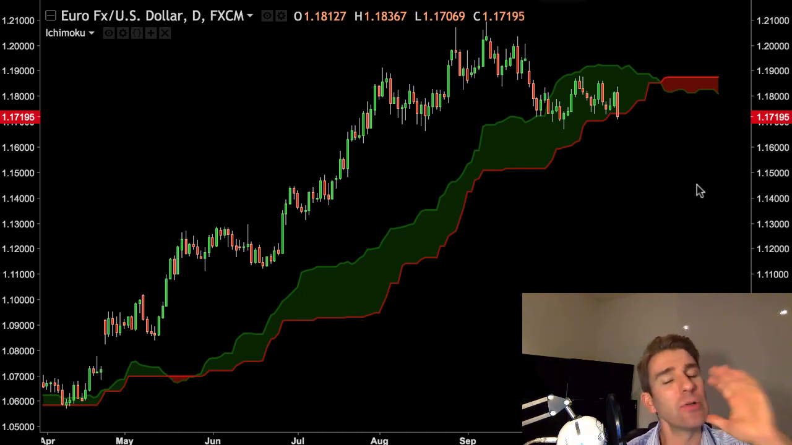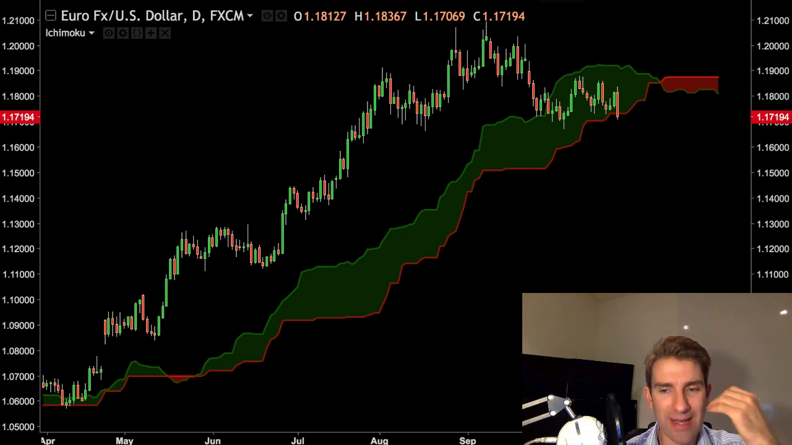Like I say, I don't want to get bogged down in the details of it, but I just want to grasp in my mind, and I'm sure you do too, how this thing works. So this cloud is formed basically from those two lines, from the baseline and the conversion